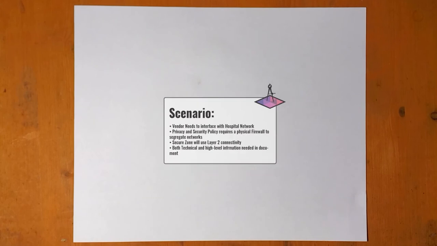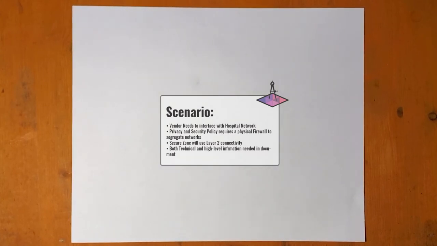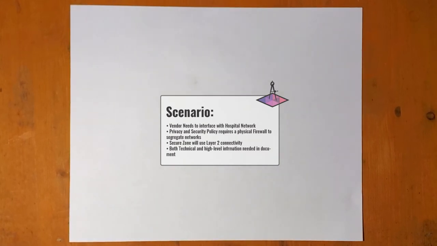Okay, we're going to start with a pen and paper. The scenario is that there's a hospital that needs to interface with a vendor network. Privacy and security policy requires that the firewall segregates the two networks. A secure zone will be established with layer 2 connectivity, and the diagram needs to be both technical and high level